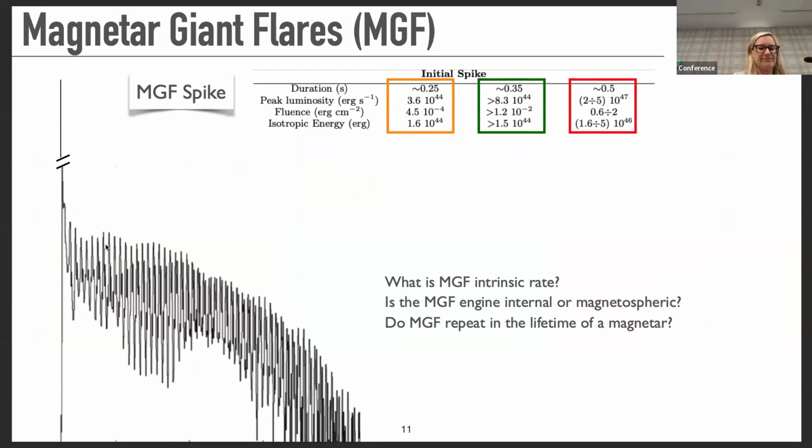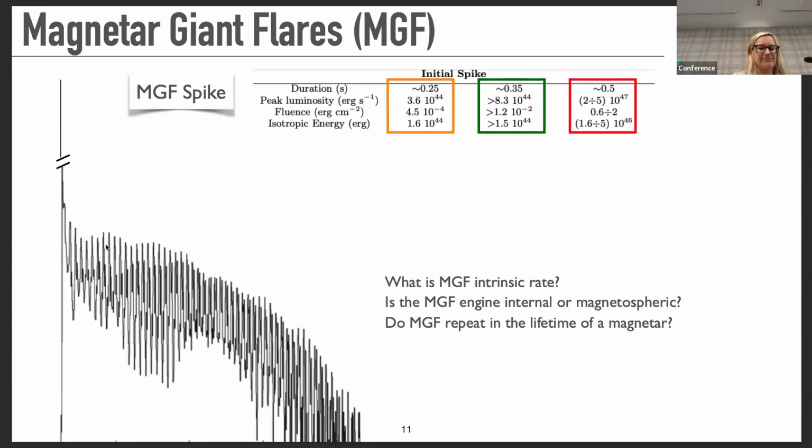So they actually weren't blinded, and they could better constrain the energetics of this bright peak, which is only a few tens of milliseconds long. And then you can observe the tail that is decaying in time and is characterized by an oscillation. That is the period of the neutron star that is slowly rotating, and there's a fireball trapped there, and you keep seeing and unseeing it as it rotates in and out.